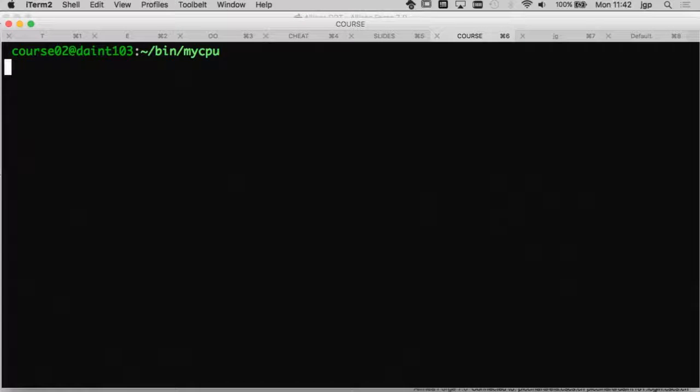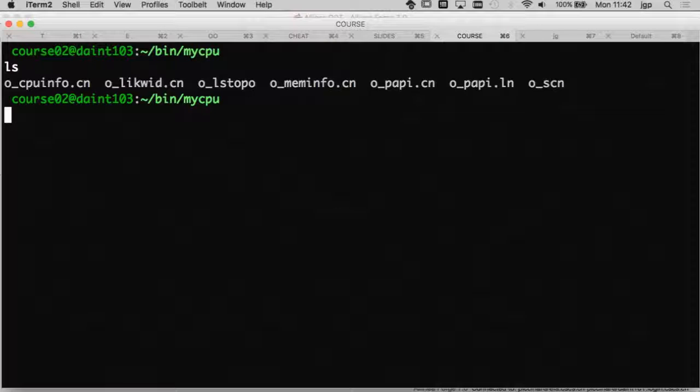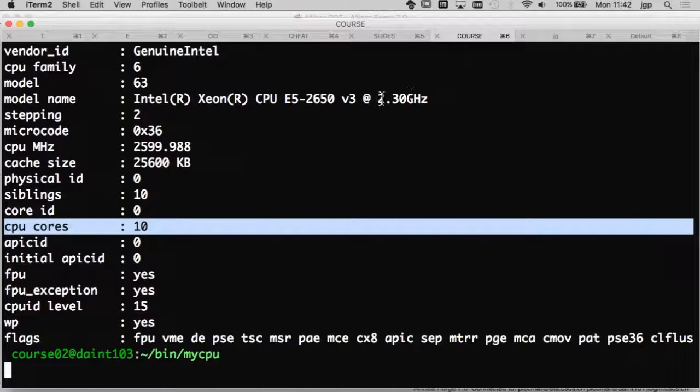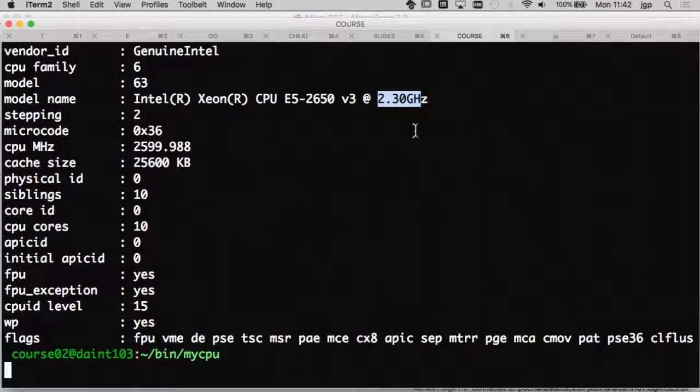And the only way to access that compute node is to use a Slurm command called srun. For example, if I do this because I want to know what type of CPU I have on my node, you will see here, okay, I have an Intel CPU, in that case a Haswell CPU, and it has 10 cores, and the frequency is 2.3 gigahertz.